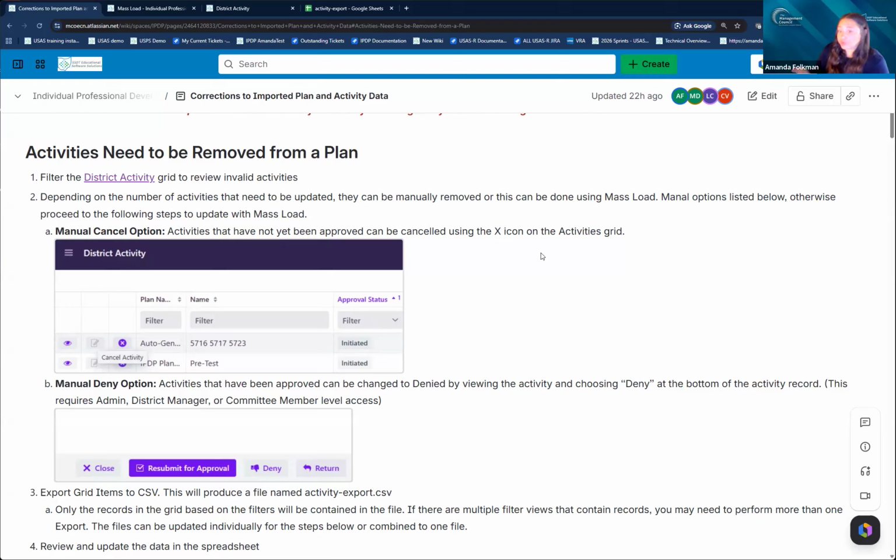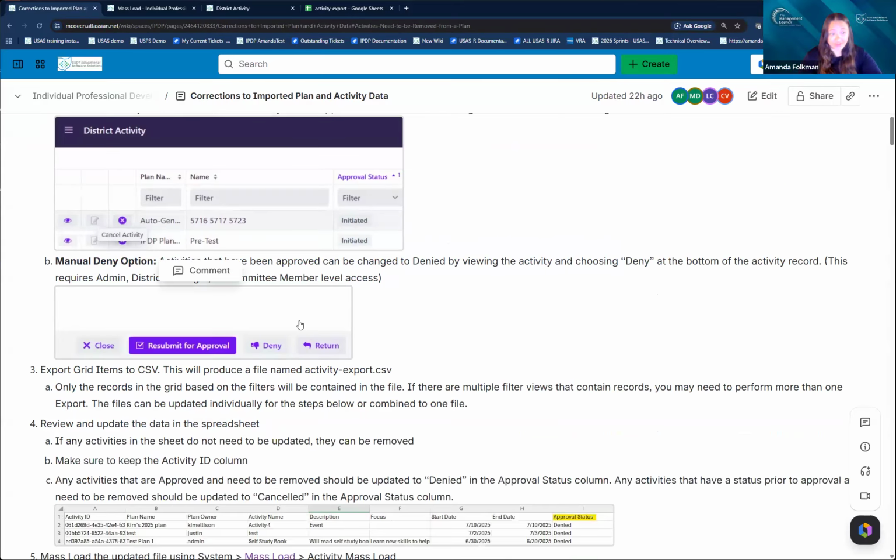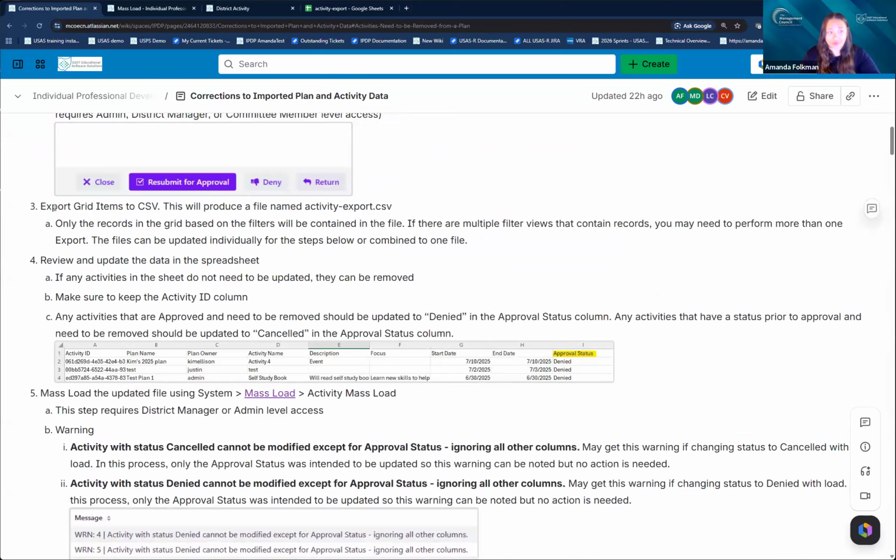Well, any approved activities on a plan contribute to the total CEUs. So now that's not looking correct. So if that's the case, then you may need to cancel or deny some of those activities. And these would be the steps you can go through. We have a manual option listed, but this goes through how you can use these mass loaders to update